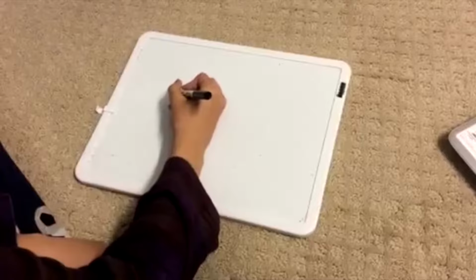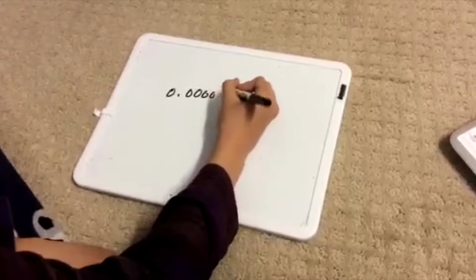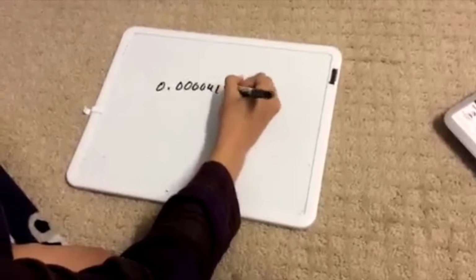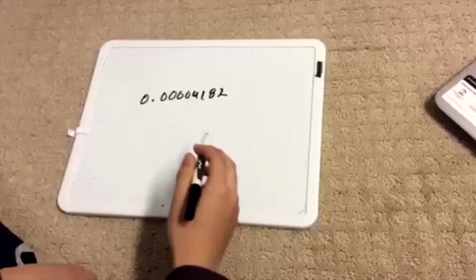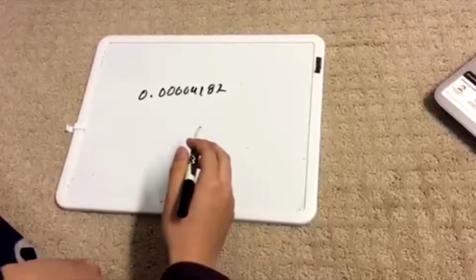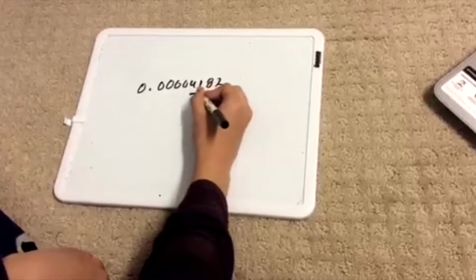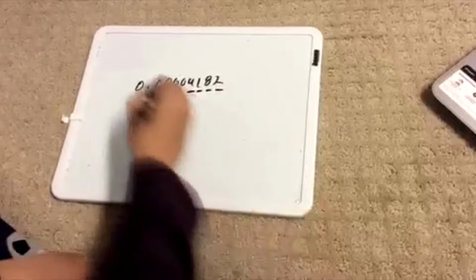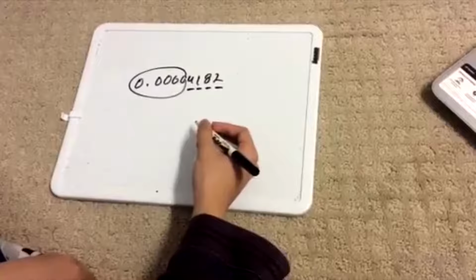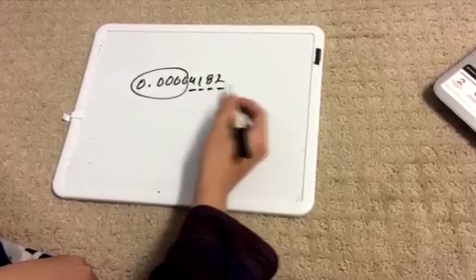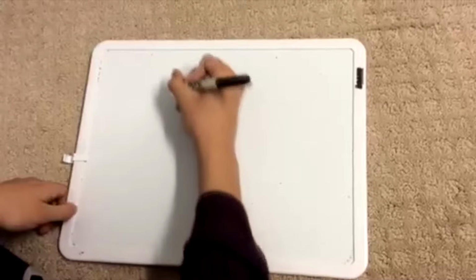So let's say we have this long number, right? Then we ask ourselves, how many significant figures are there, keeping in mind the three general rules. So in this case, the significant numbers are 4, 1, 8, and 2, not these zeros, because the zeros in front of them are not between any non-zero numbers, so only these four are the significant figures. The same goes for numbers like